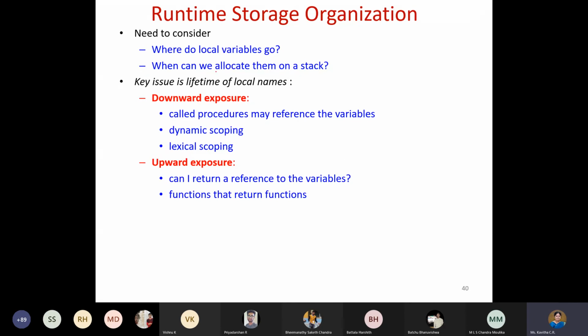Please note that whenever we want to save something, the lifetime of the variables is very important. Whenever we call procedures, new activation records are created. Also important is whether you are using lexical scoping or dynamic scoping. Some languages support lexical scoping, and some need dynamic scoping, because most things happen at runtime. Therefore, we will have to make use of dynamic scoping.